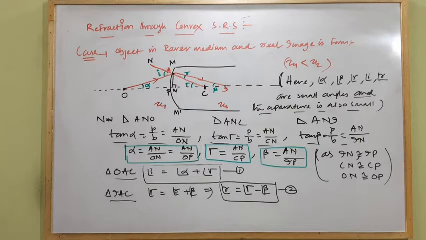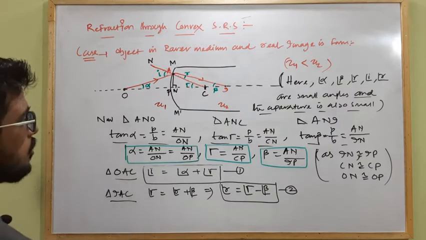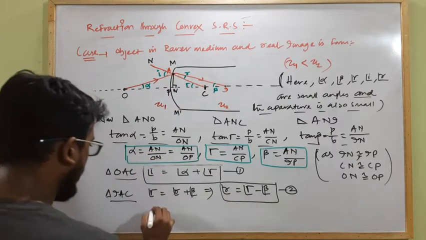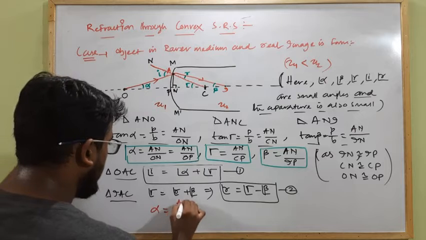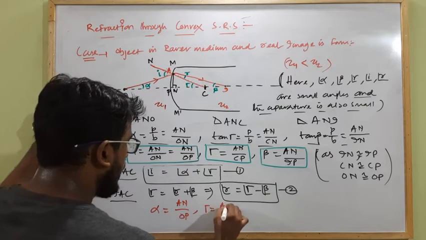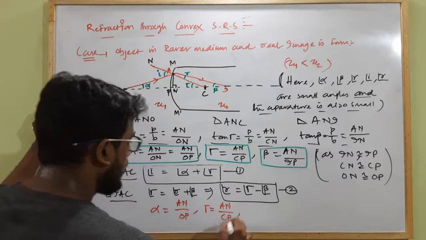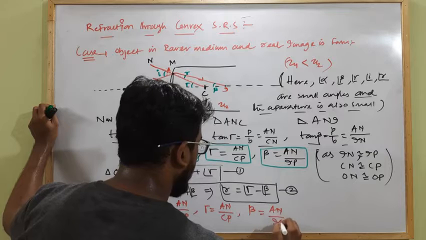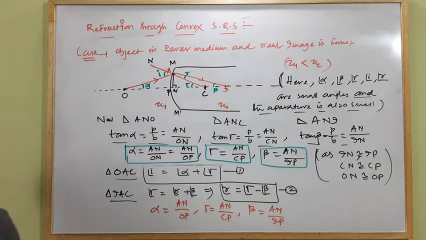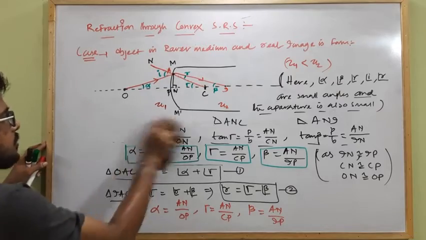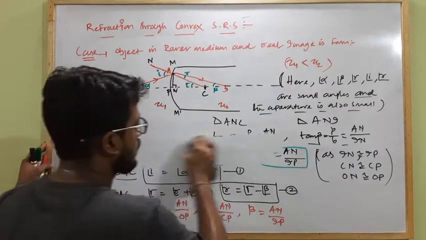Okay, so from this I am writing all these expressions here. Alpha equal to how much? AN by OP, gamma equal to AN by CP, and beta equal to AN by IP. Okay, so now